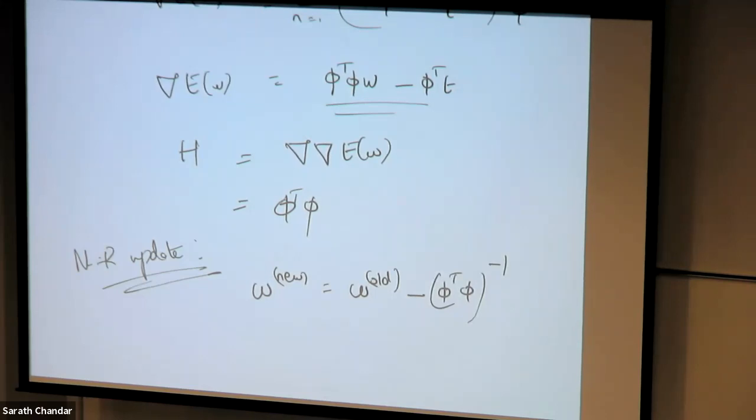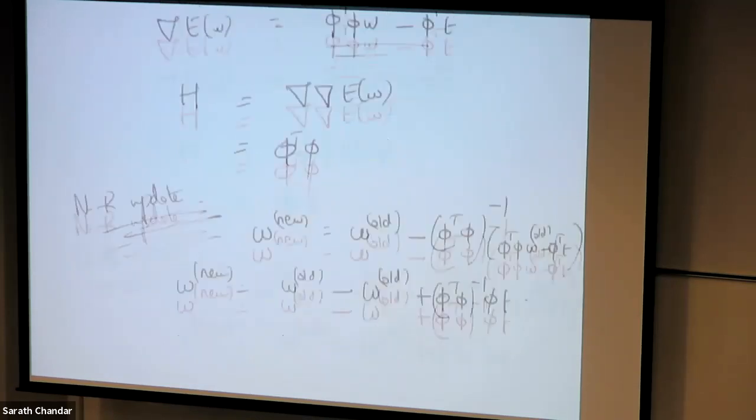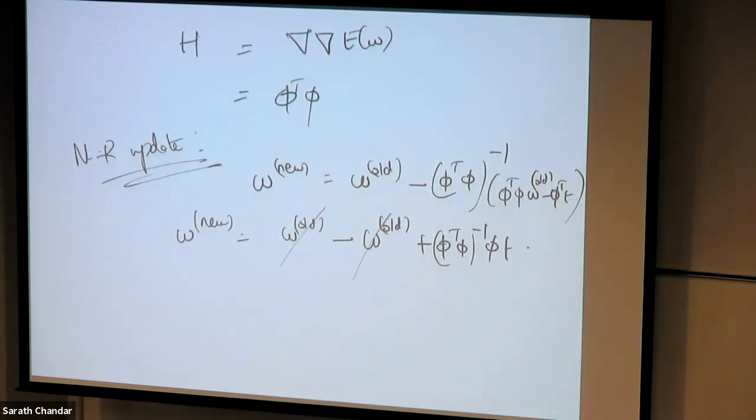The gradient is given by phi transpose phi W minus phi transpose T, where this W is the old W. Now, W new is equal to W old minus, I bring the inverse inside, so this becomes minus W old plus phi transpose phi inverse phi transpose T. Now this cancels, so my W new is nothing but phi transpose phi inverse phi transpose T,